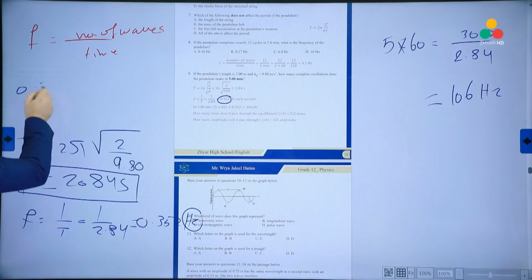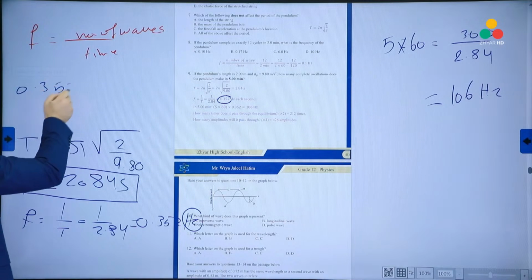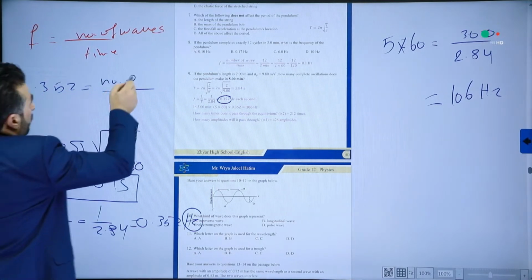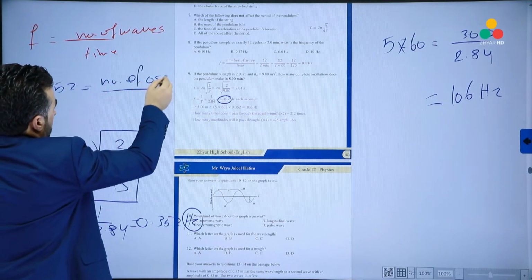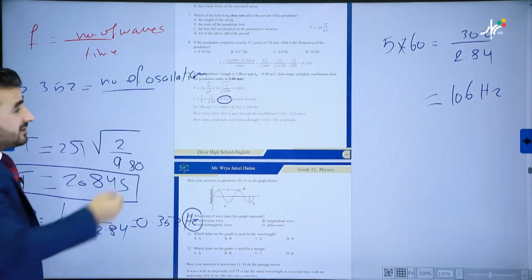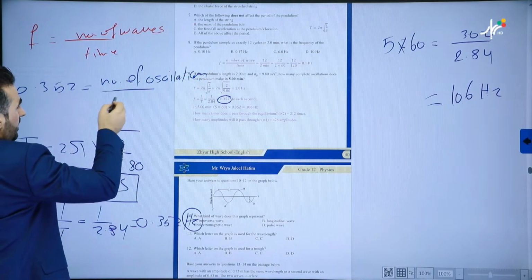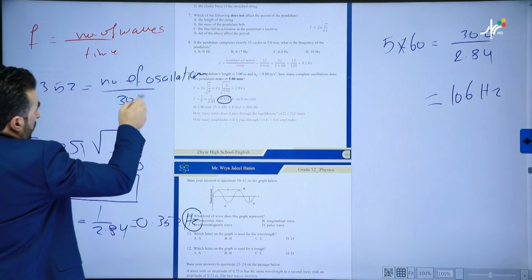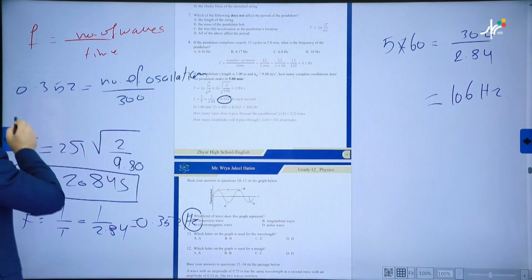So frequency 0.352 equals the number of waves, or oscillations here, divided by the time. But what time do we have? The time is 5 minutes. We said if you convert 5 minutes to seconds, you will get 300 seconds. Once you cross multiply, so